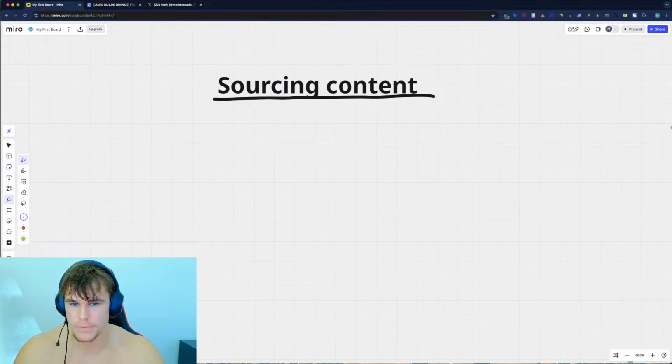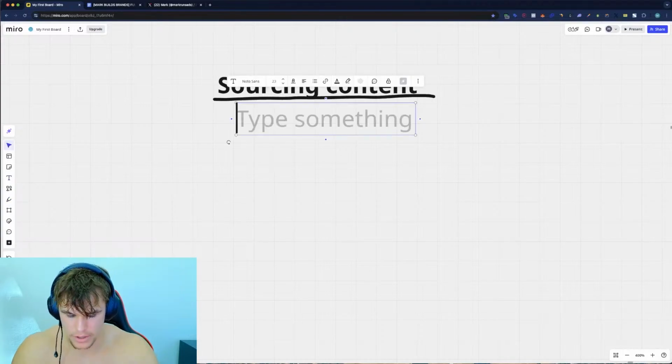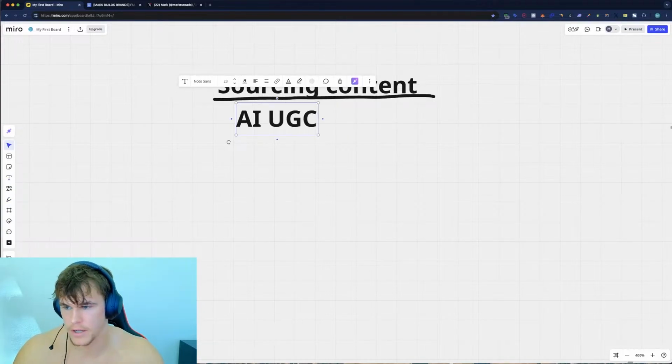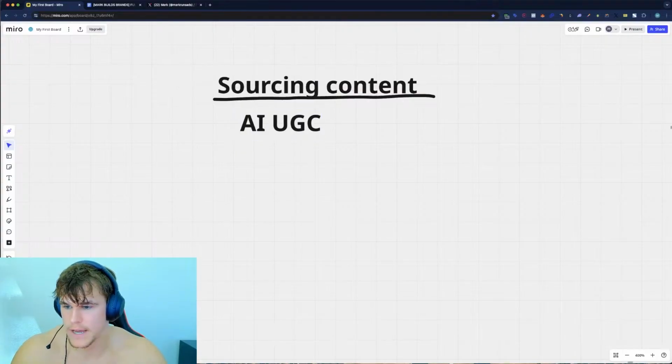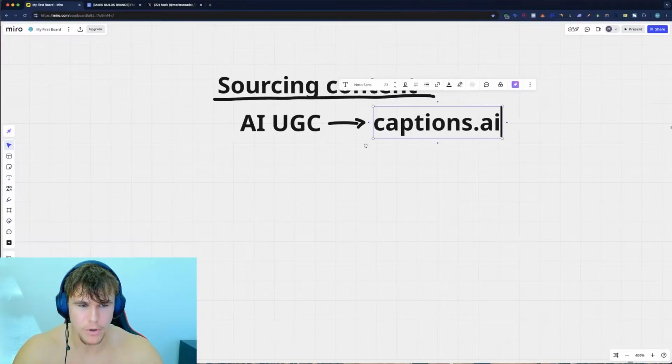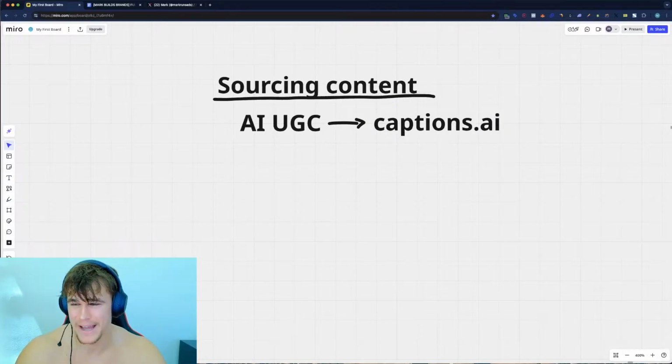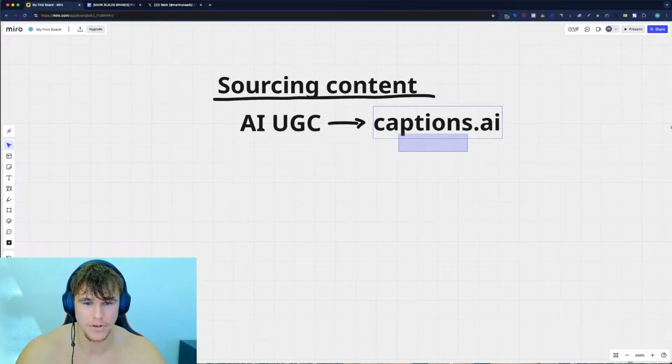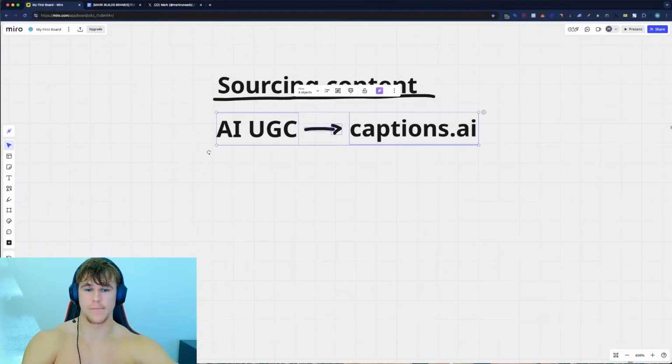Because if you just use B-roll throughout your entire ad, nobody's going to watch it. It's boring. What you should use is a combination of a few different types of footage. For example, AI UGC is the perfect example. I personally believe that for AI UGC, the best model out there right now is captions.ai. It's really cheap, probably the most indistinguishable currently on the market. That's up for debate, of course. This is my personal opinion, but that's the first type of content that you could use.